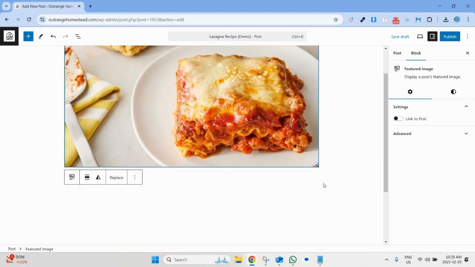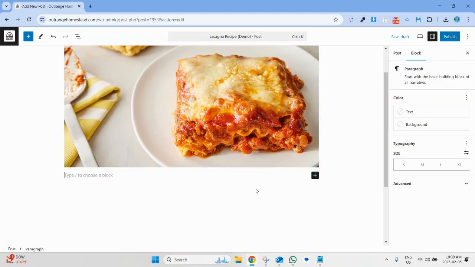And then I'm going to add the recipe right below this. So to go to the next line, once your picture is selected, if you simply press enter on your keyboard, you'll go to the next line to add the next block. So I'm going to add the next block,